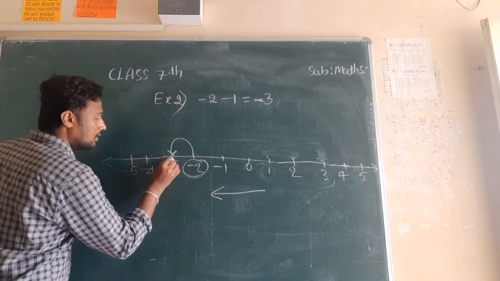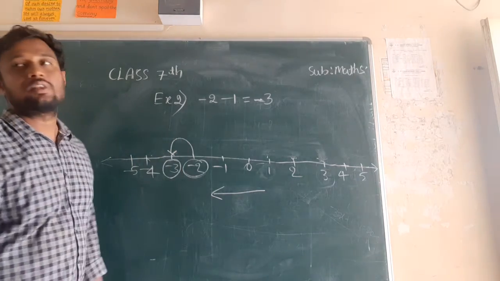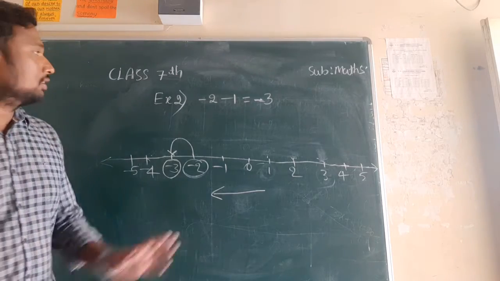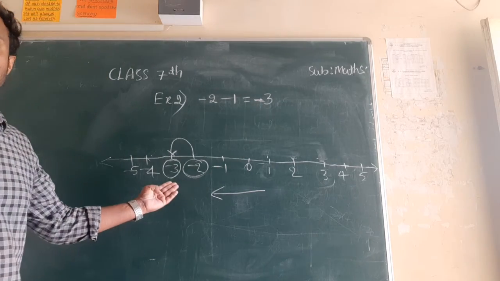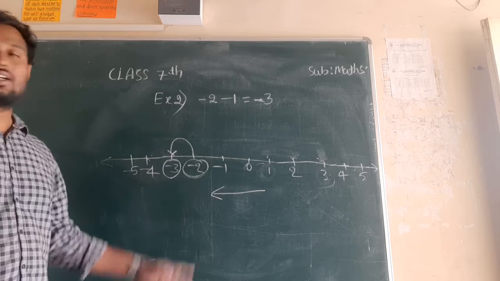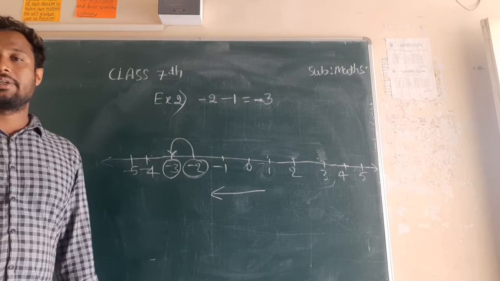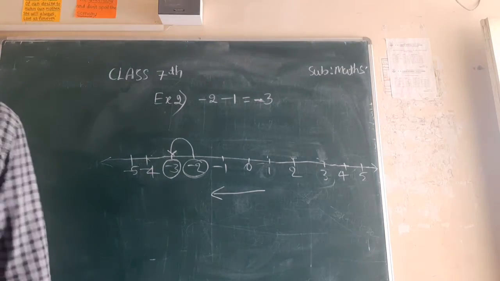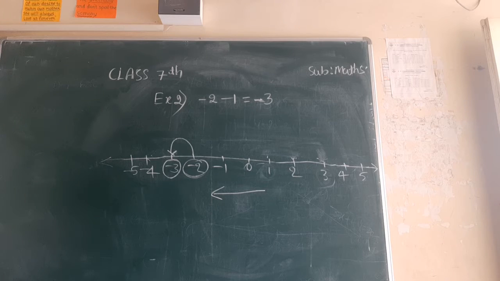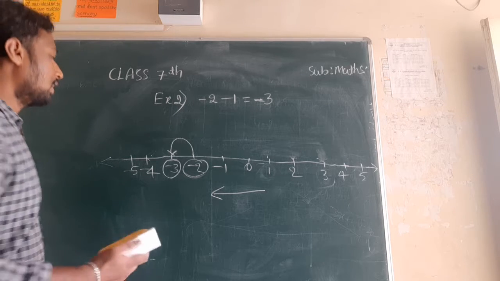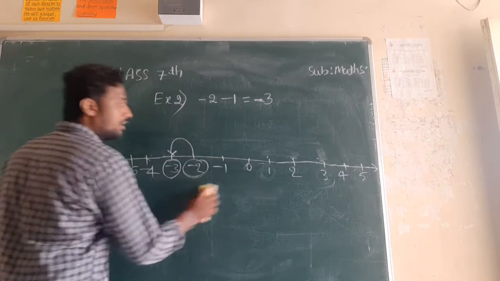Okay. So the answer is -3. Again we got the same answers. Here this is minus 3 and here also we got minus 3 as the answer. Okay. So write this example also. Again I will consider some more examples. Write this example, pause this video and write the example.